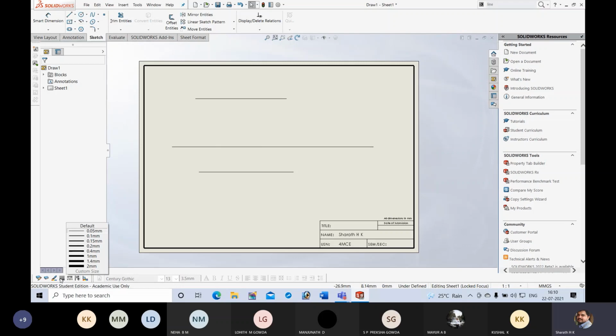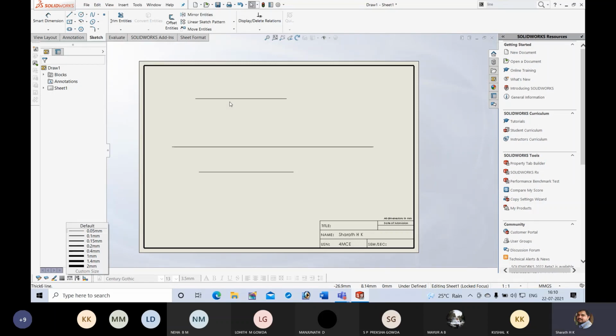This toolbar is on the left bottom corner, and here I can change the thickness. For thick, I can choose 0.4 mm. For thin, I can choose 0.1 mm. If you want medium thick, you can use 0.2 mm, or else you can manage with only thick and thin lines. If you have confusion regarding when to use medium thick, need not worry. Use thin lines instead of medium thick.